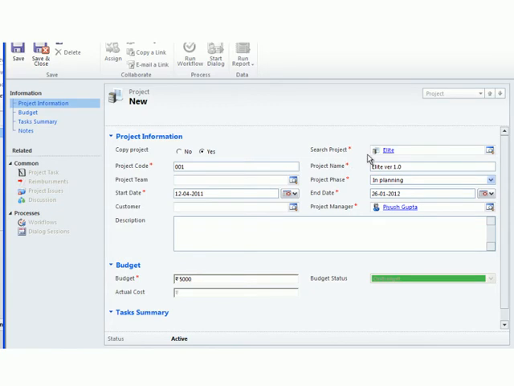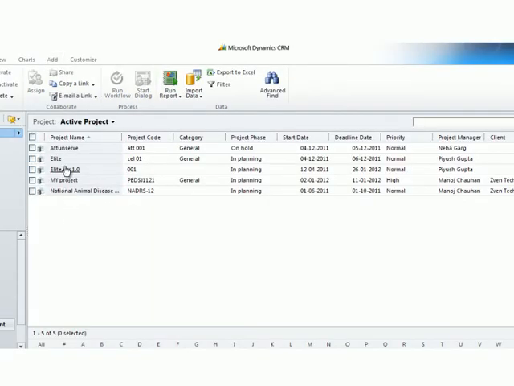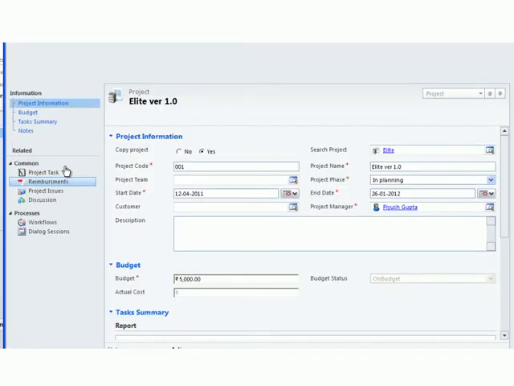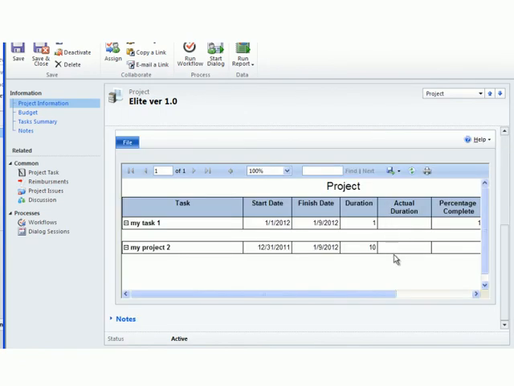Now when we select the search project functionality, the tasks already added in eLite would be mapped to eLite version 1, which is our new project. We save and close the project. This is our new project that has been created. We open it. The task summary shows tasks already added to the eLite as well as to the eLite version